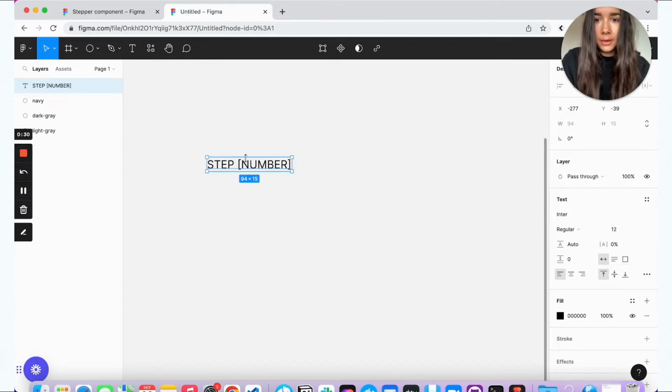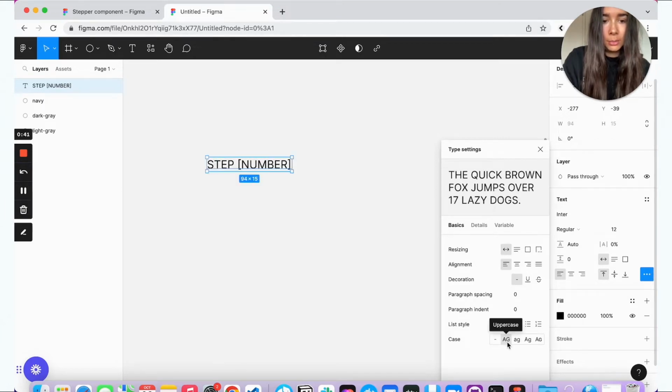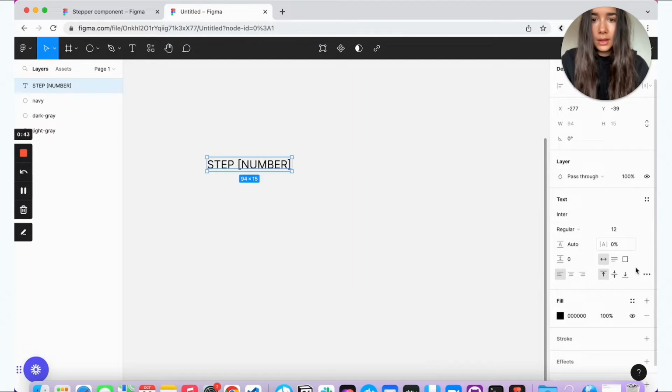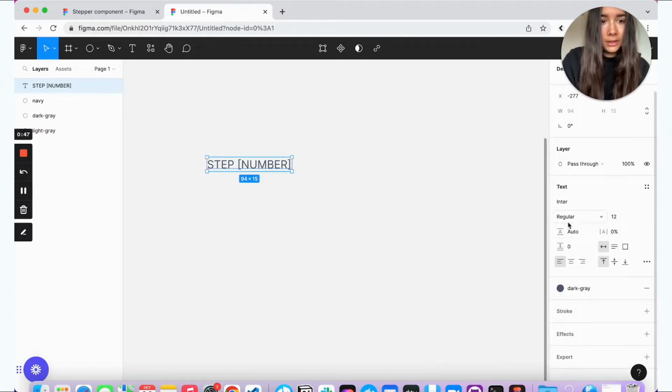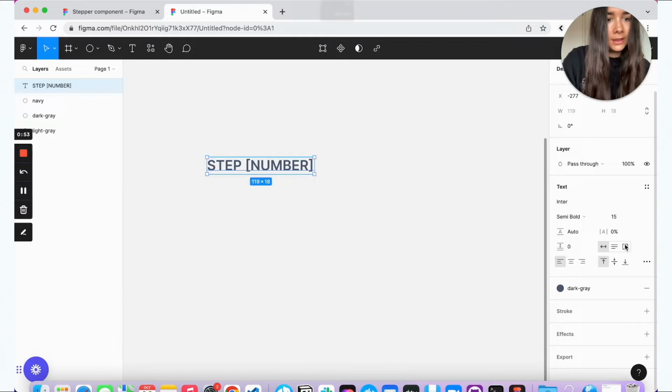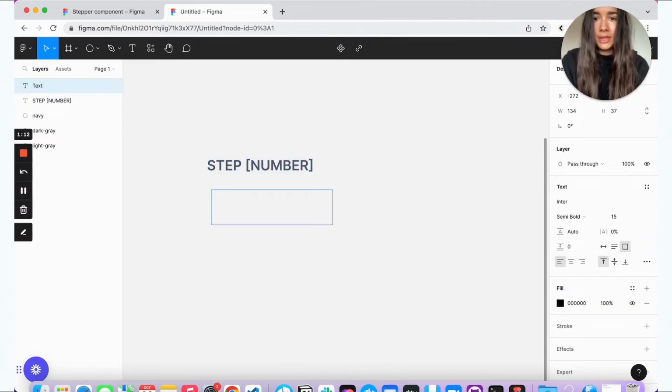And we actually always would want to have the step uppercase. So we're going to go into this panel here and just set it to uppercase. From here, we're going to give it a dark gray color, and we'll also make it semi-bold, and we'll slightly increase the font size. Our second text layer is going to be a step title.